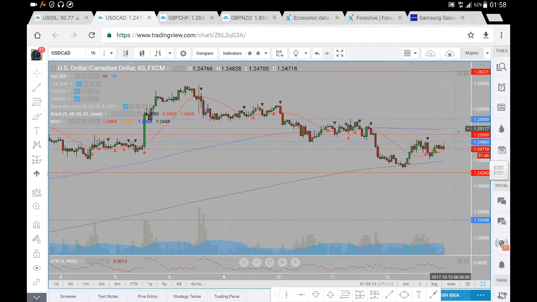If, however, we do break down from this 124.86 to the downside, where would I be looking? Well, currently we'll be looking back again at this dynamic support to see if it does hold. It is coming upwards, so prices are going to be squeezed. Now, if prices are squeezed and it is used as support, prices should break to the upside. If it's constantly retested, prices could just retrace upwards, retest, have a bit of consolidation, then break down. If prices do break down, we'll be looking at 124.26 as being the next area of possible support, beyond which